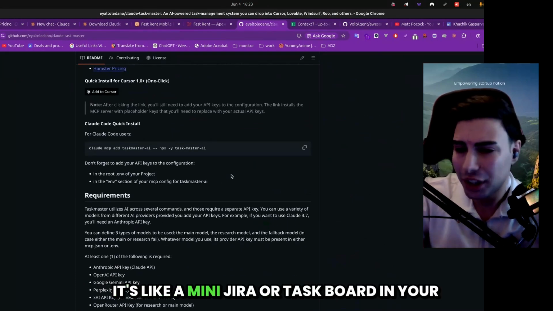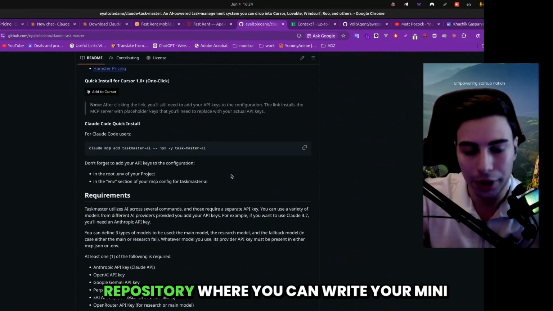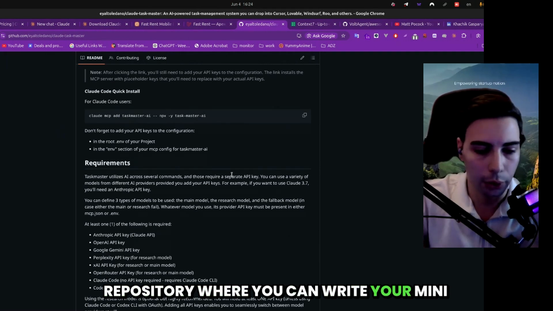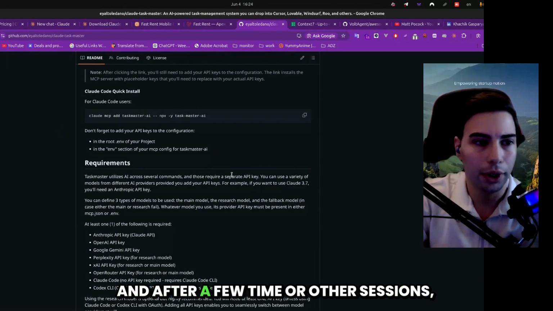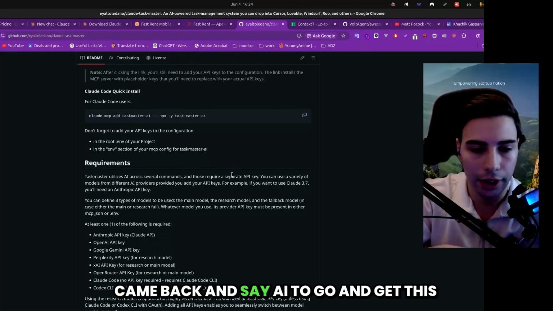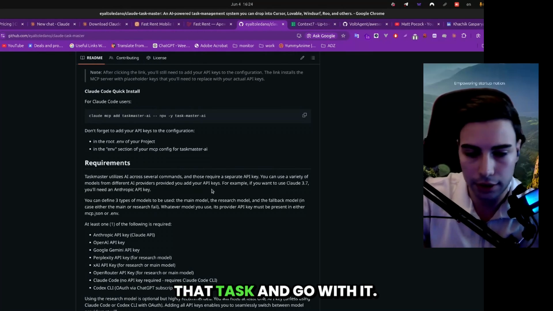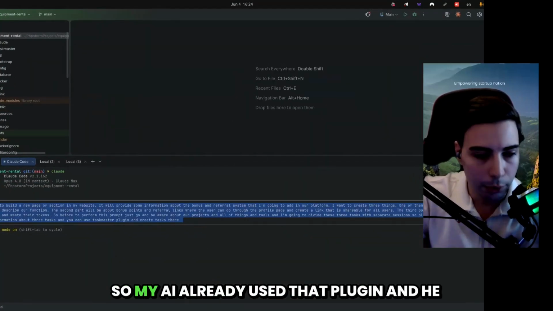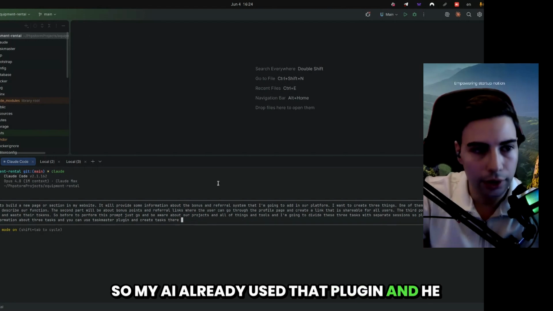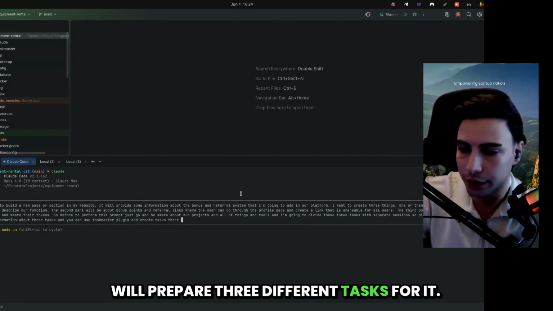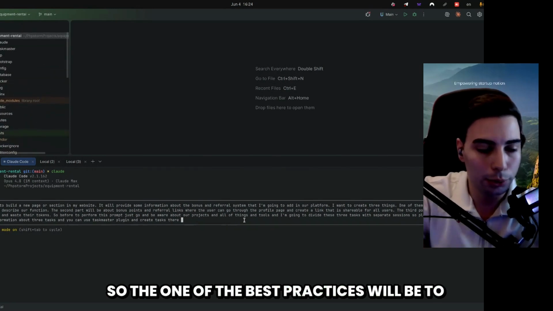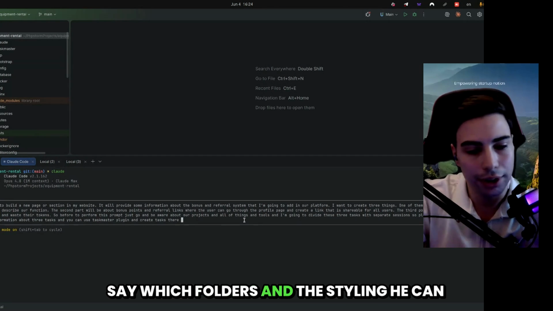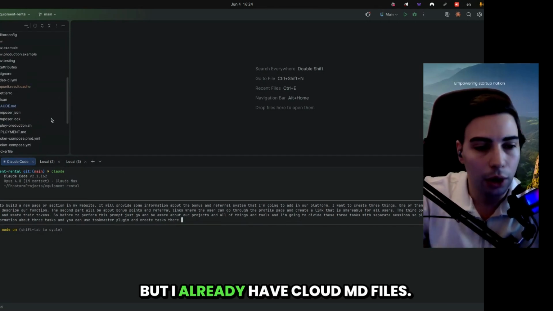It's like a mini Jira or task board in your repository where you can write your mini tasks, dividing a huge task into mini ones. And after some time, or in other sessions, you come back and tell the AI to go and get that task and work on it. My AI already used that plugin and it will prepare 3 different tasks for it. One of the best practices is to say which folders and styling it can use. But I already have